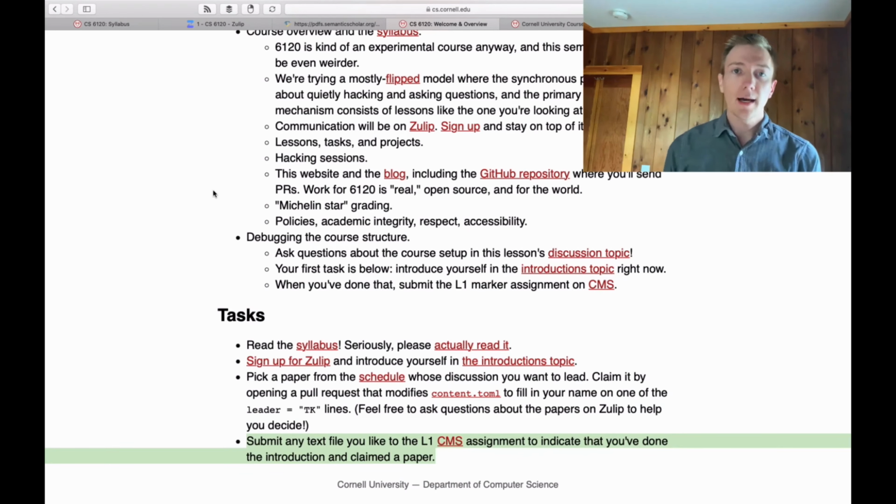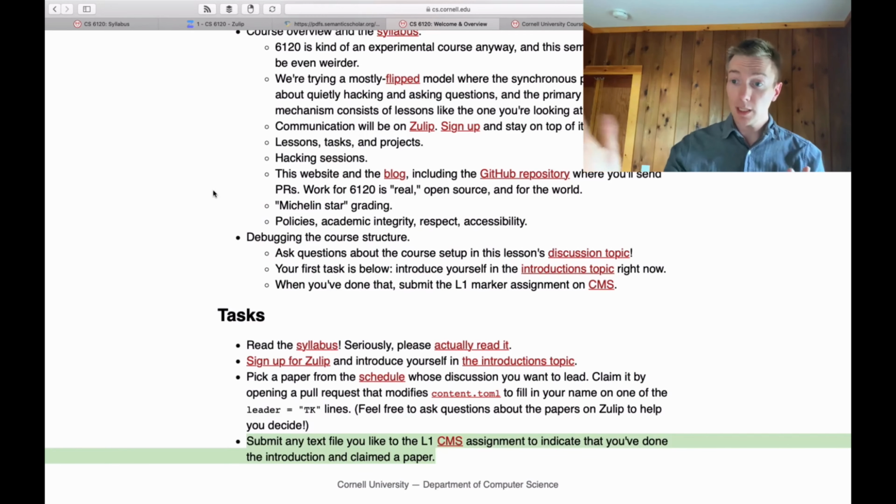For every other one, I encourage you, I don't require you, but I encourage you to do all your work as open source. So just like the rest of this course, you'll make a GitHub repository or a Bitbucket repository if you're into that kind of thing, and you will do all your work there. And the thing that you'll submit is just the URL to that repository to say that I have done this thing. You don't need to submit any code there unless you strenuously object to having your work be open source, in which case you can